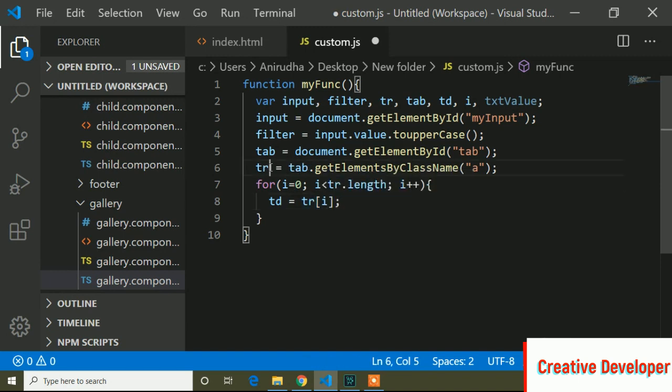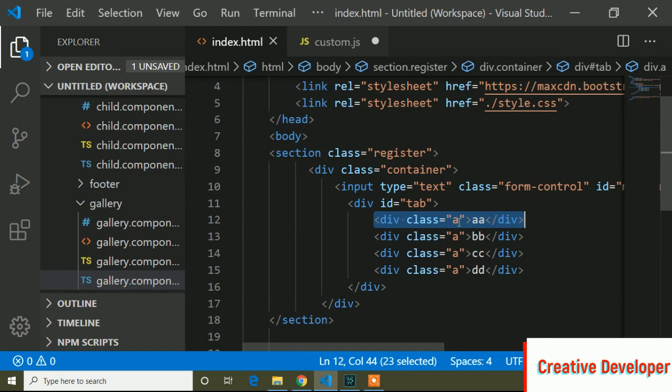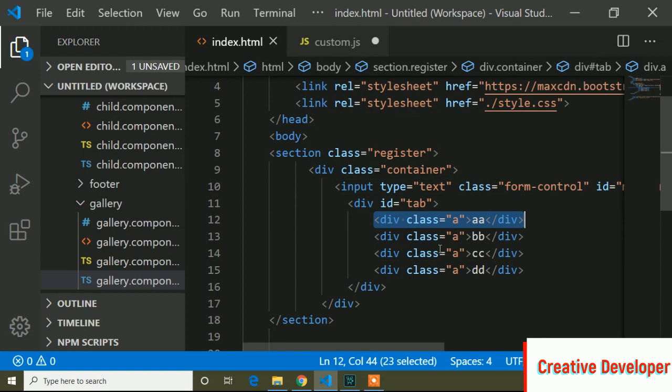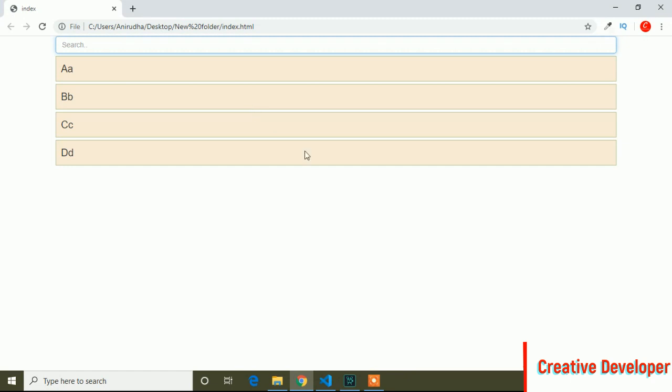And inside this tr variable I have assigned our a class, and this a class will be looped one by one. So when I write any value in this input, first it will be checked whether it matches the first div's a class or not, then it will go again to the next div. So that means this a class will be looped one by one.